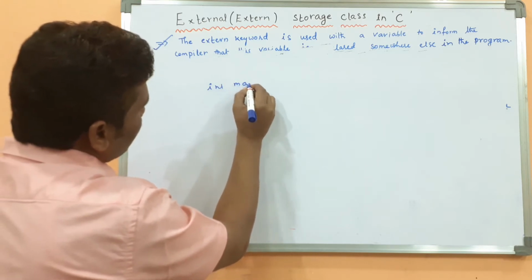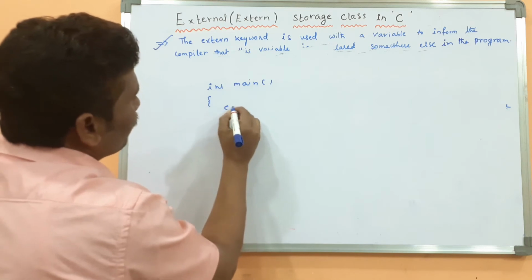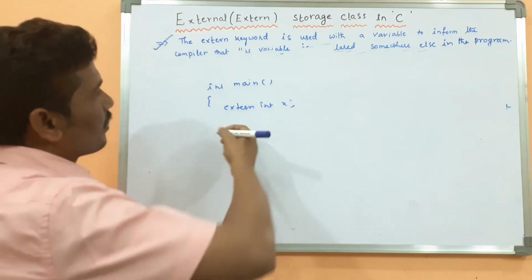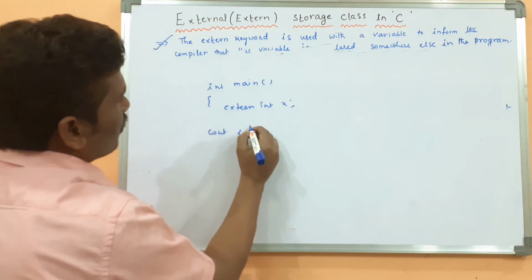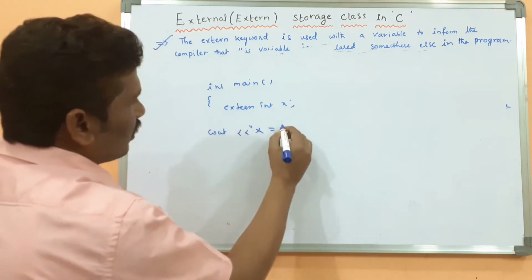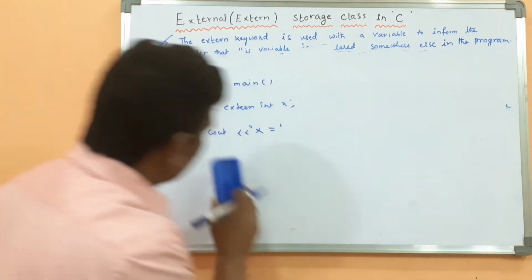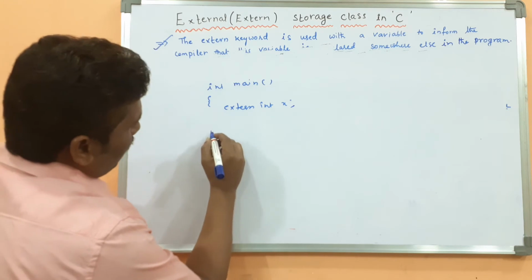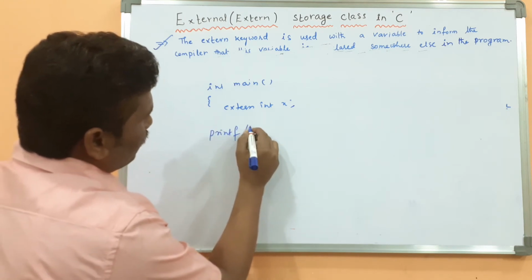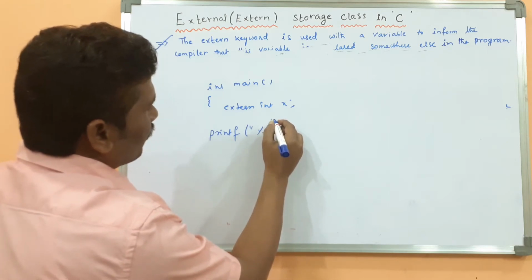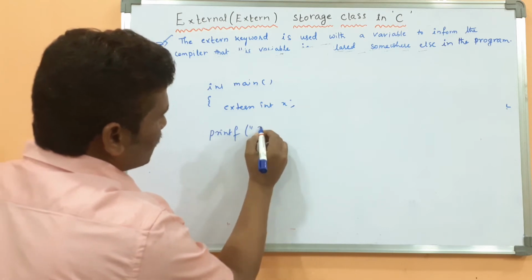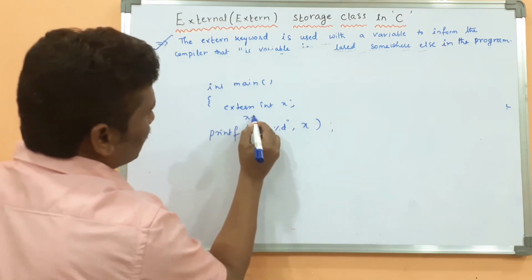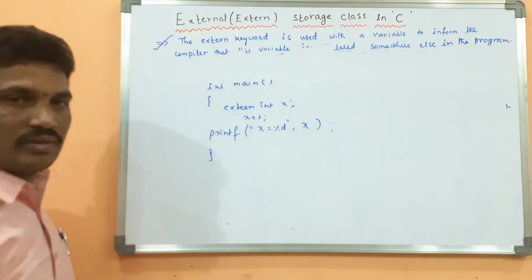int main or void main. extern int x. Then, because we are using C programming, printf("x = %d", x), for example x++. The main function will be...